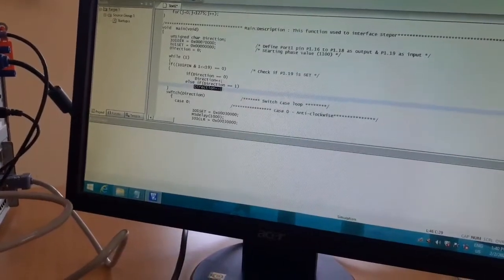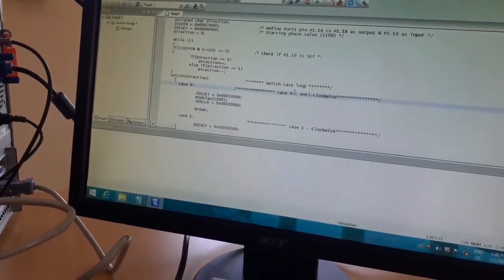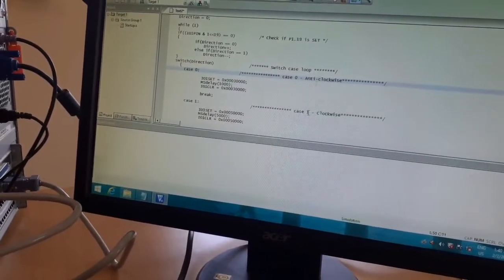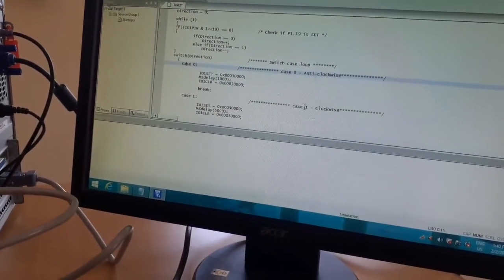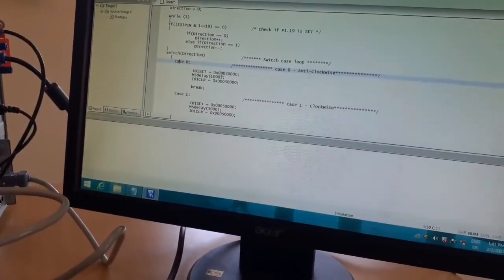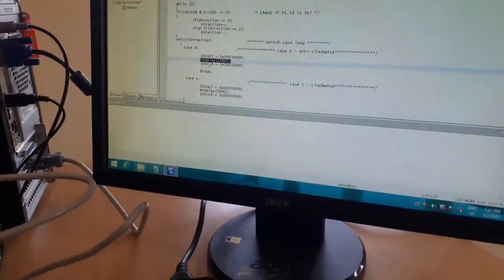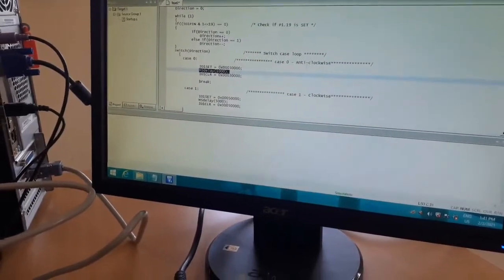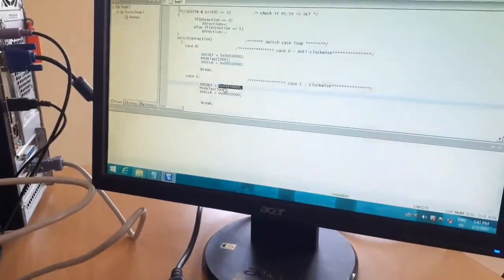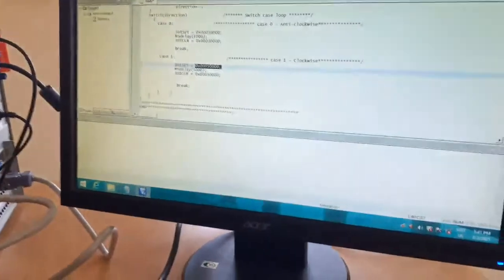Based on the direction value, we are calling the switch function. If the case is equal to 0, then it will rotate the DC motor fan in the anti-clockwise direction. If the case is equal to 1, the DC motor interface fan rotates in the clockwise direction. That is, IO1SET value, then case 0 as 0x000340, call msdelay with 1000 value, then IO1CLR, that is 0x same value. For the anti-clockwise direction we are calling 3 values, and case 1 in the clockwise direction we are calling it as 5. So then break is called here. This is the end of the program.